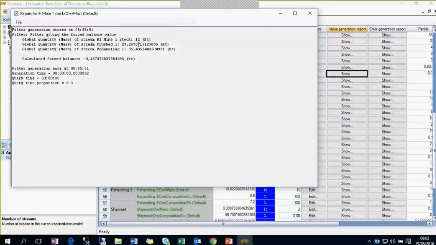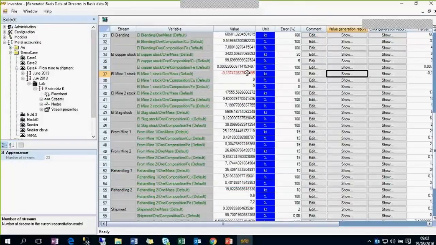We are having not enough input, and so the result is a negative value, and so I'm able to see why. Now I could go and check the generation of stream crushed one or rehandling one, and see if there is something wrong there, and so fix the problem in the plant databases and regenerate my data set. So this is one diagnostic tool,